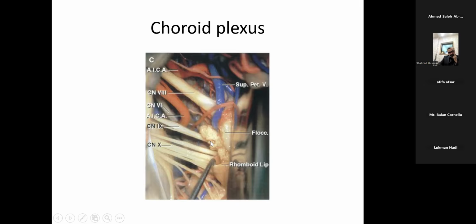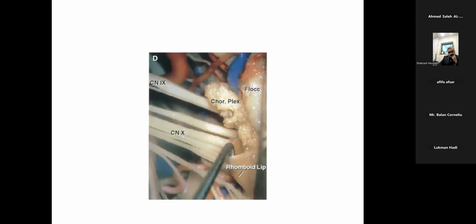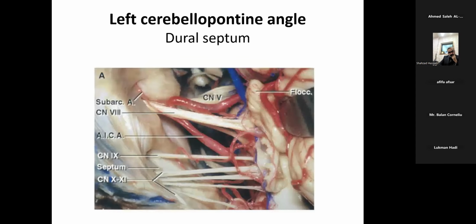This is the inferior nerve complex that we can appreciate with the cranial nerves 9th and 10th, which both are separated by a dural septum and exiting into the jugular foramen. Again, a similar picture, where the dural septum has been removed in between the cranial nerve 9th and 10th. So cranial nerve 9th tends to lie anteriorly and cranial nerve 10th tends to lie slightly posterior, and they're both divided by a dural septum in the jugular foramen.